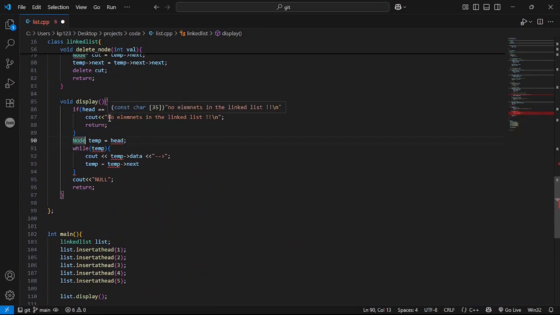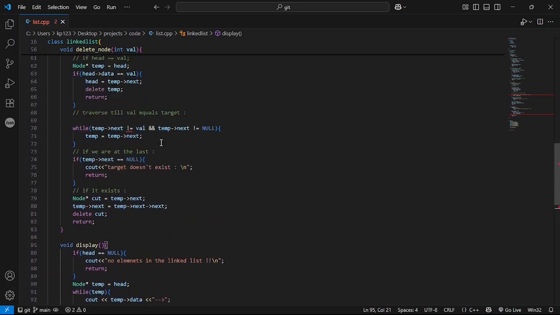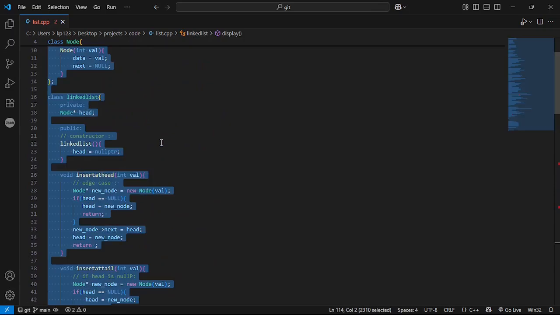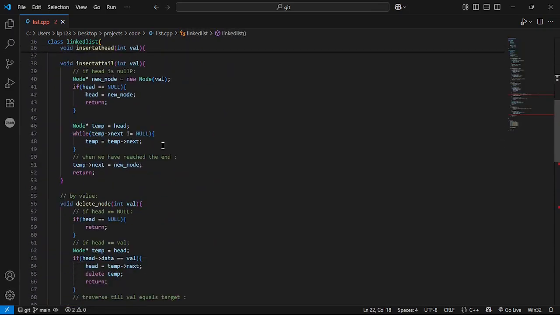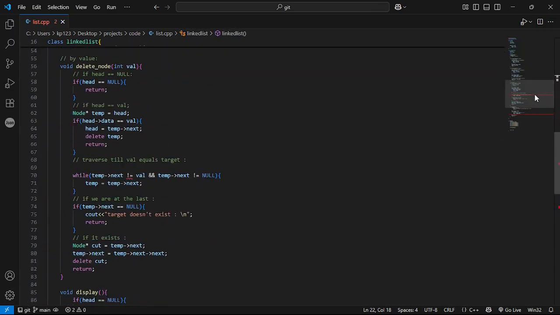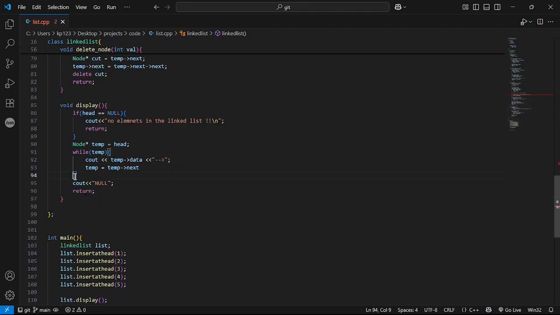You can obviously take a pointer. First error is here and then second error is here.